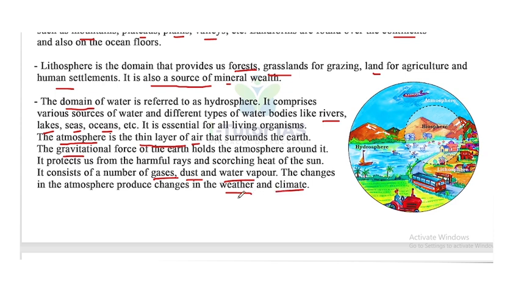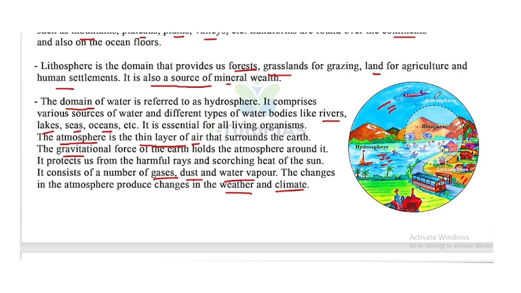In our 6th class NCERT geography, the last chapter is about the weather and climate. So we already discussed that. The changes in the atmosphere produce changes in the weather and climate. Okay, look at this picture. This one is the water domain, called the hydrosphere, this is land, the lithosphere, and this is air,